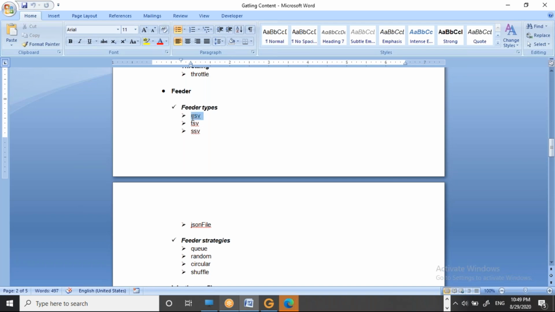It can be comma separated or tab separated, and so it's not that one. This is only one point, which I will tell you how to read from a CSV file and configure it in your scripts. That is nothing but your parameterization in short. And that is the main thing I will teach you.